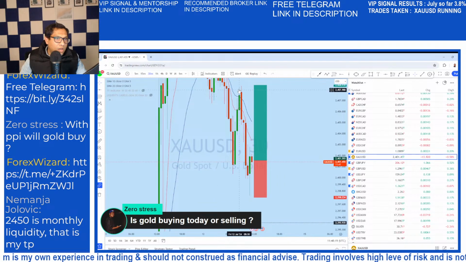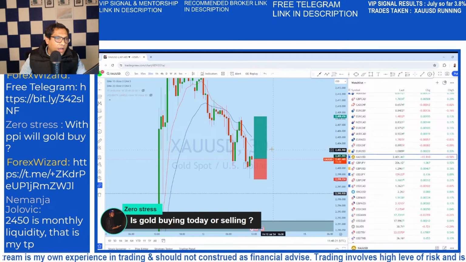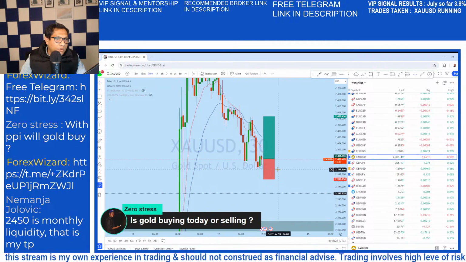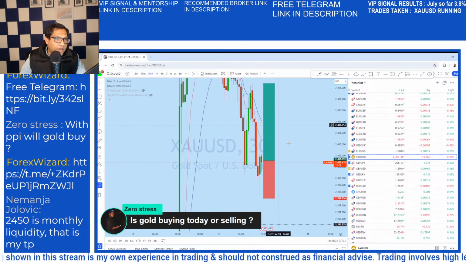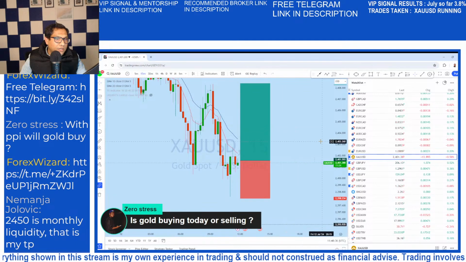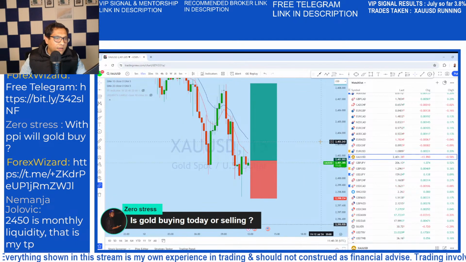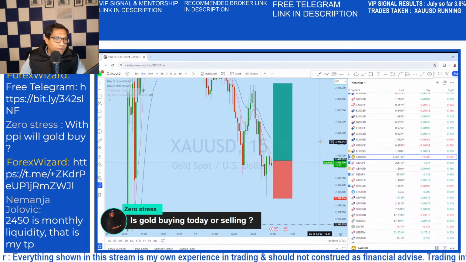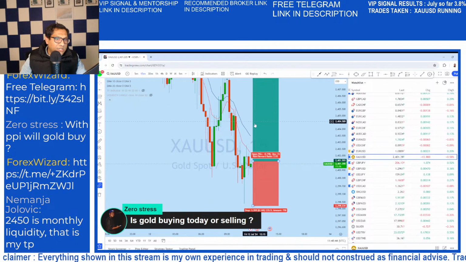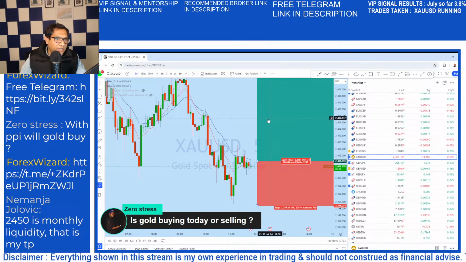Here there are quite a few liquidity candles, and in this zone, in this area, expecting it to go ahead and fill some of this imbalance before breaking down again. But with the PPI, as CPI has given an upside bias, PPI expecting it to bounce again.